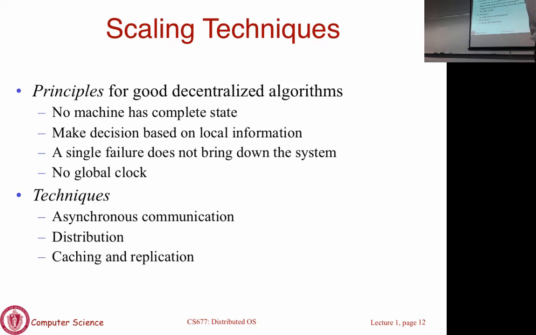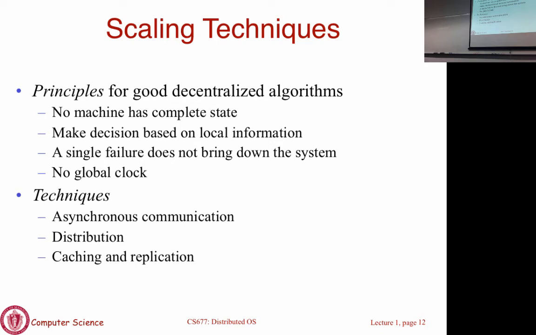Even though the rest of the system is accessible. Okay. So there should not be a single point of failure. Every aspect needs to be distributed or replicated so that any failure is not going to take down the whole system. Okay. This no global clock property is not very easy to explain without a lot more detail, but